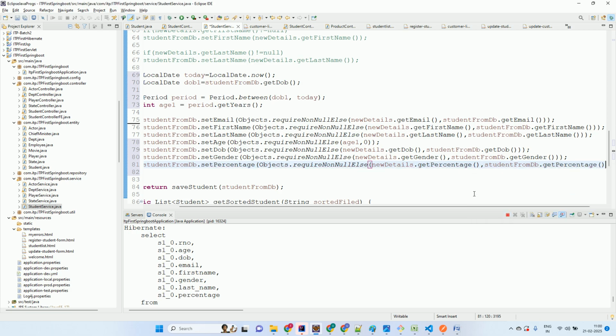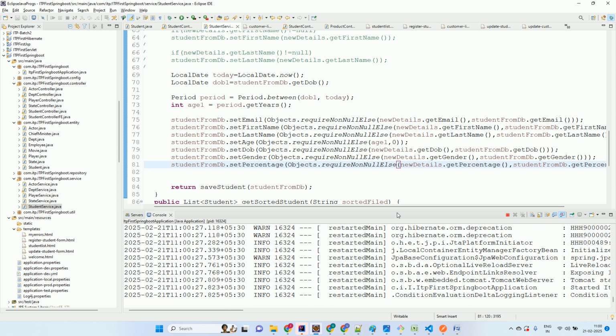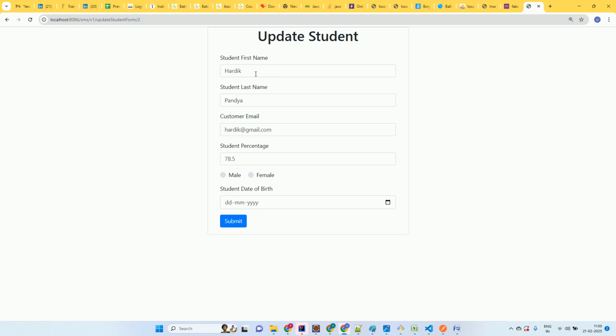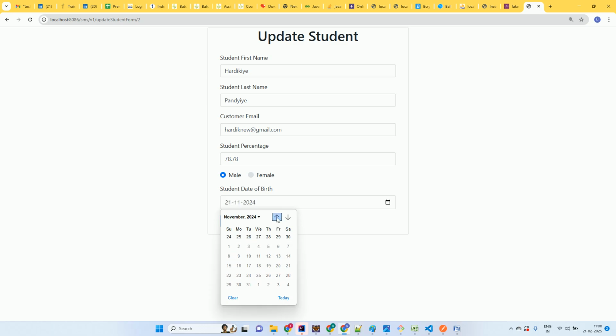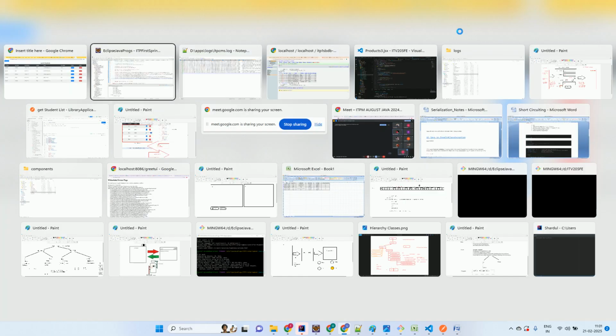Okay, Hardik किए पांडिये, हार्दिक न्यू 78.78 मेल। ठीक है, एंड सबमिट। हार्दिकीय पांडिये हो गया मेल, और एज भी देख लेते हैं, एज भी अपडेट हो गई रहेगी, है ना। हार्दिक क्या क्या दिखा रहा, 33 दिखा रहा ना एज, अब कम हो जाएगी ना, क्या होगी, कम हुई, 2006 हो गया ना, 19 ईयर्स, 2006 से 19 ईयर्स का हो गया ये, है ना।